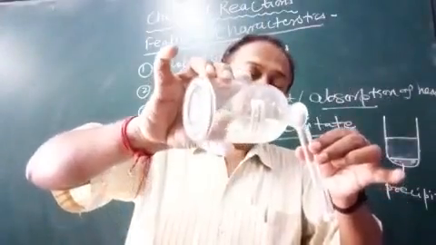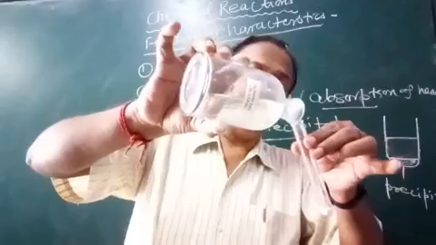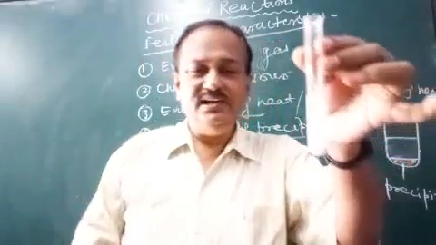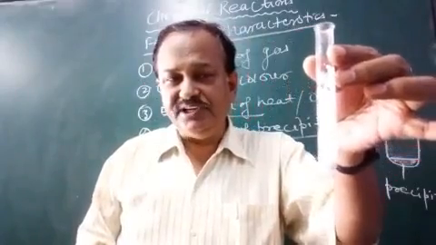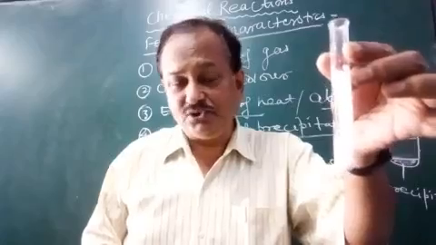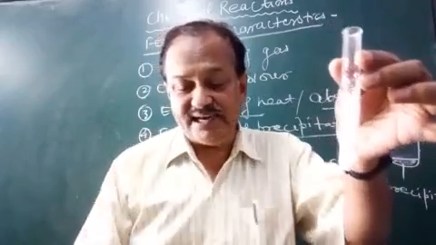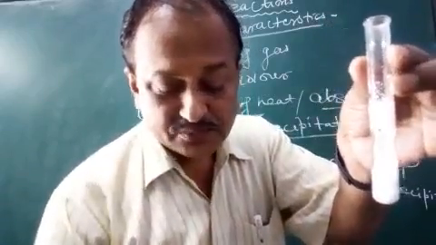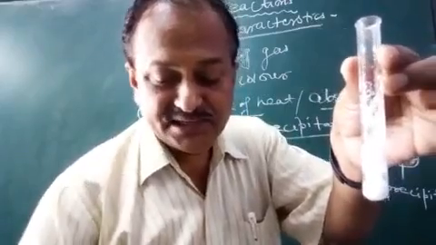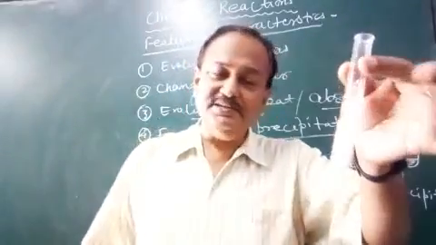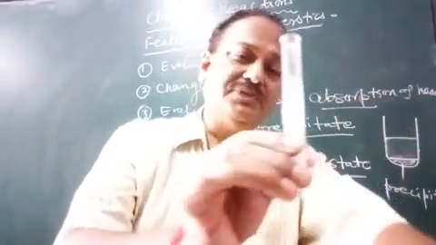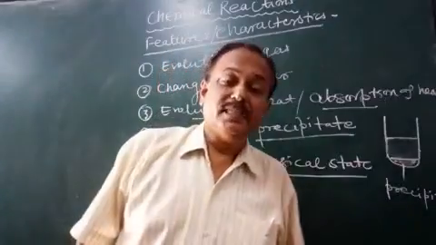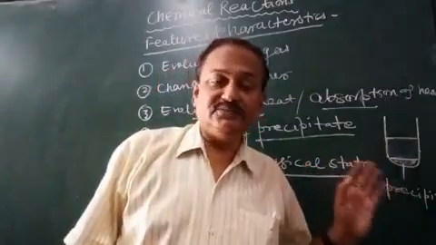Now see, there is the addition slowly and slowly. Now see, there is the formation of bubbles. Bubbles are formed, and see the intensity of reaction. So this is the indication that sodium carbonate has been attacked by acetic acid, and so gas has been released, and so this is the evolution of gas. See the explanation of different points.